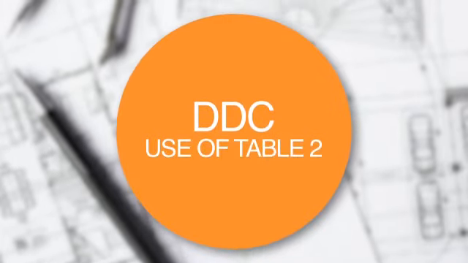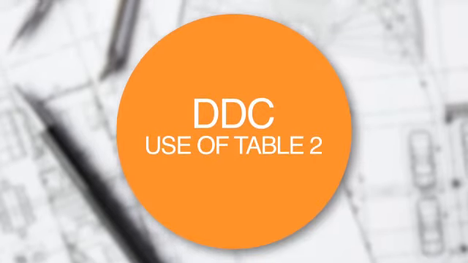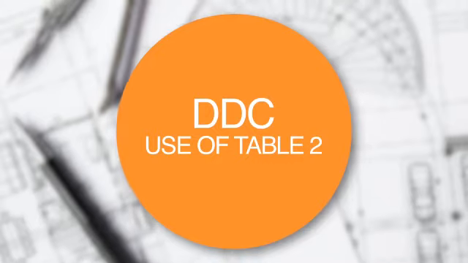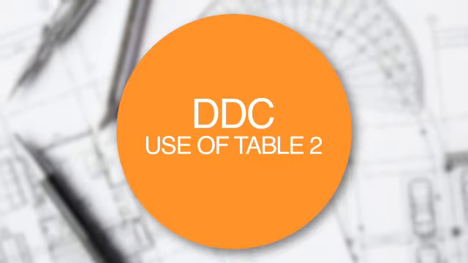So we'll be using Table 2 today in our examples. We'll try to understand the different parts that are there in Table 2. We'll also know how to make use of Table 2. Table 2 is known as the areas table. This is after Table 1. Table 1 is standard subdivisions. Table 1 can be made use of without any instruction given in DDC.